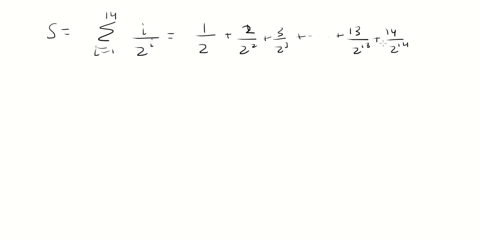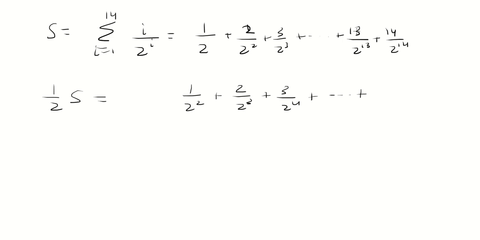Okay. Now, in order to solve this, what I'm going to do is subtract. I'm going to multiply this by 1/2 and then subtract. So if I multiply this top row by a half, we have 1/2 S is equal to, and then just multiply each one by a half. So that's going to be 1 over 2 squared plus 2 over 2 cubed plus 3 over 2 to the 4th